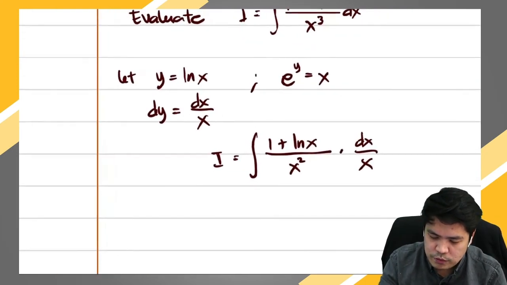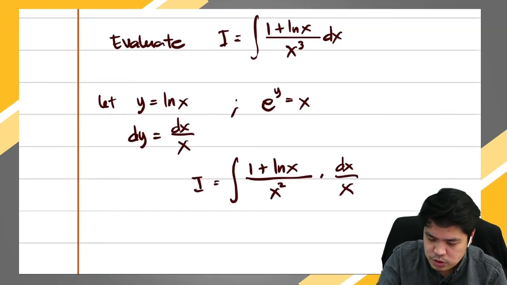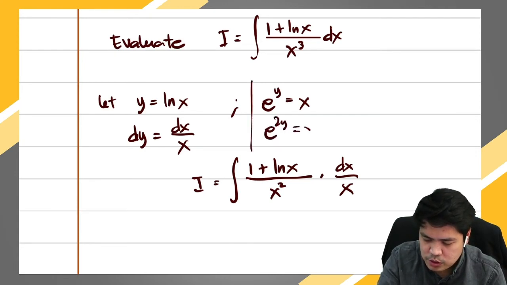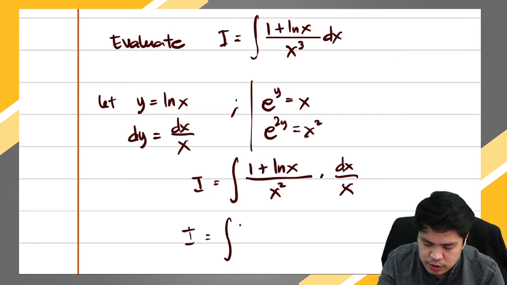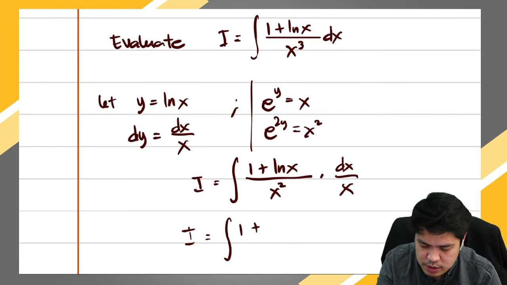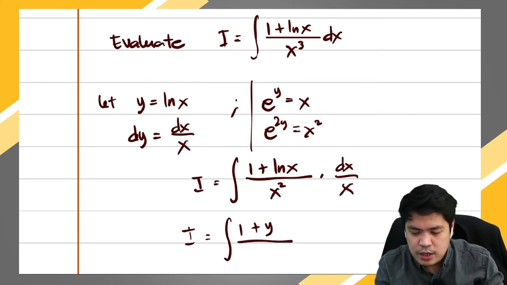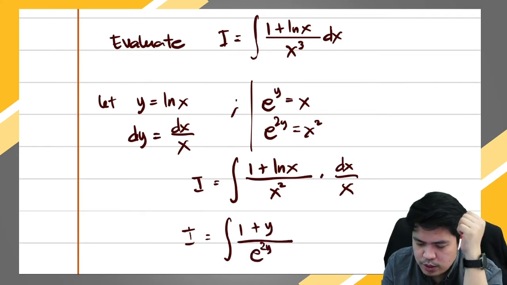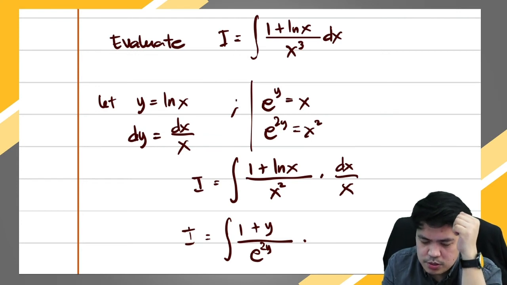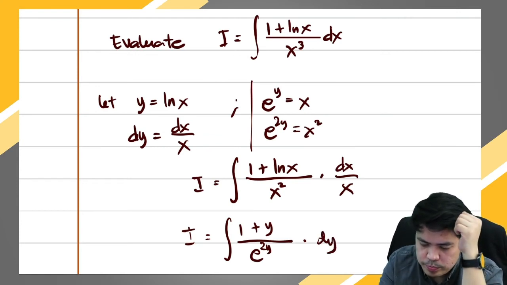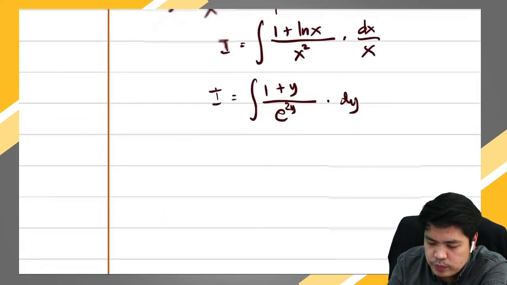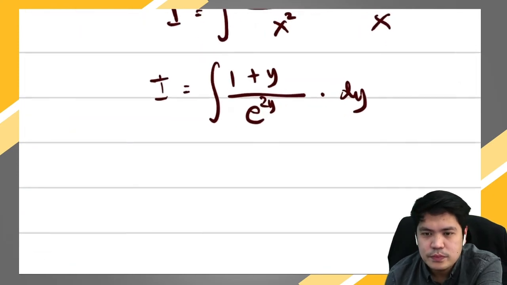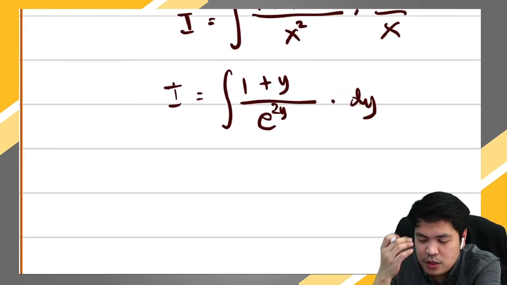So therefore, if I proceed with my substitution, I'll add na lang dito that exponential 2y is equal to x squared. So therefore, my substitution will be the integral of 1 plus ln x, which is y, over x squared, which is exponential of 2y, times dy. So, easier na. Medyo easy na, no? Pwede na tayong